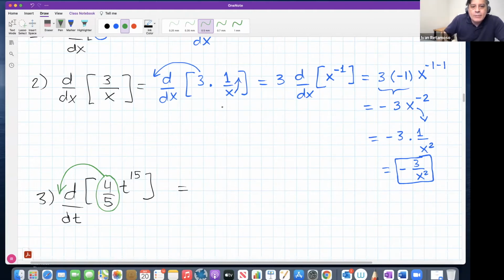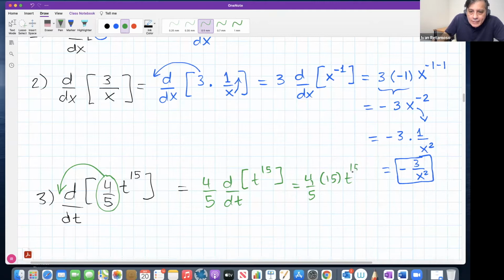According to the constant multiple rule, I can take this outside of the derivative and focus my attention on taking the derivative of t raised to 15. Constant out. This will be 4/5, and remember, the exponent comes up front as 15, and t stays with 15 minus 1, right? Minus 1. Very good, very good. And this should be equal to,